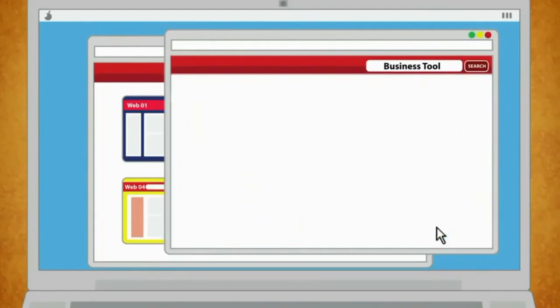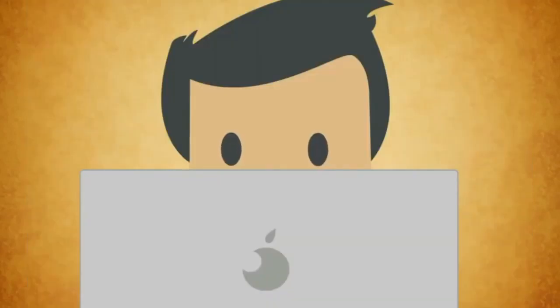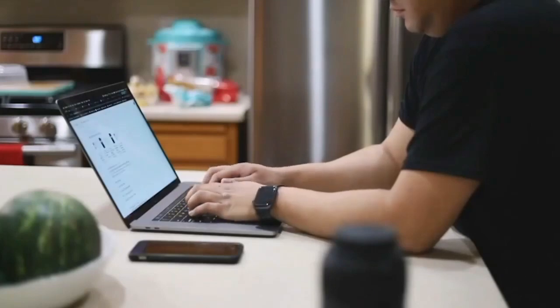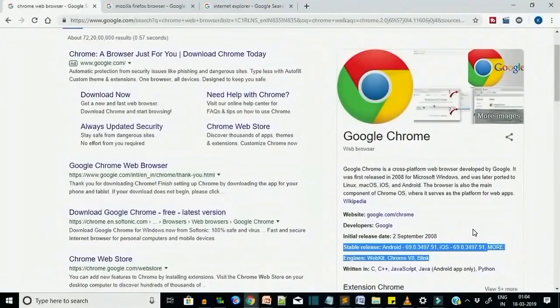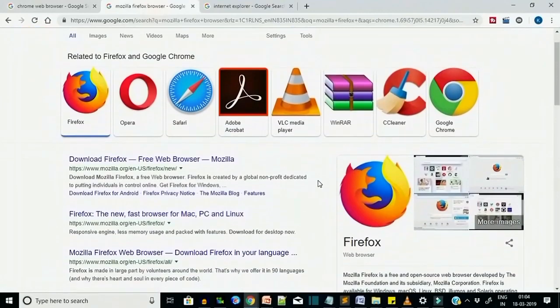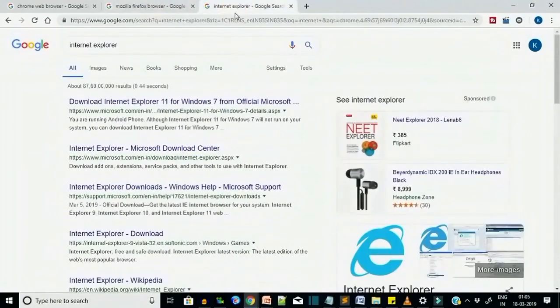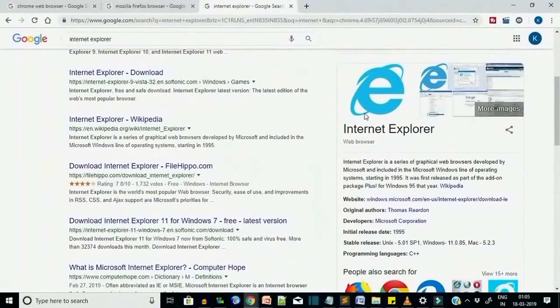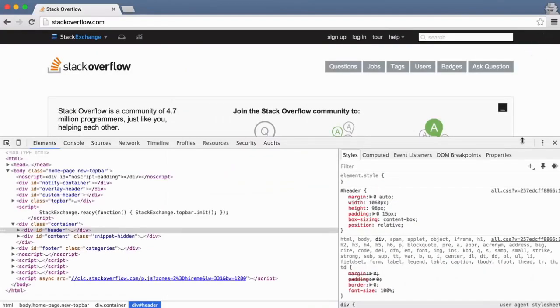If you want to build a web application or any kind of landing page, then you need a text editor. Same as you also need a web browser to display the result. There are many web browsers like Google Chrome, Mozilla Firefox, Internet Explorer and Microsoft Edge, etc. But I prefer you to use Google Chrome because as a web developer, you will get many developer tools in Chrome which will boost your coding ability.